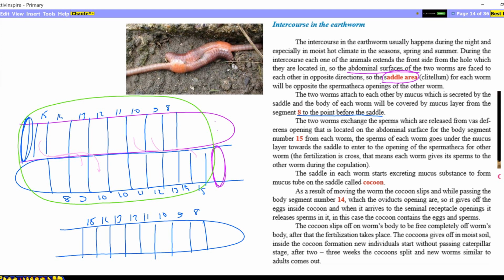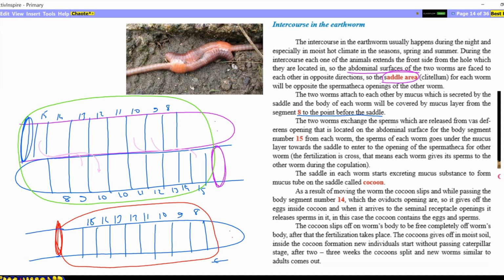Then it is followed by, again, the saddle areas secreting mucosal substance to form a membrane for each of these worms. So when the membrane formation is completed, the worm moves